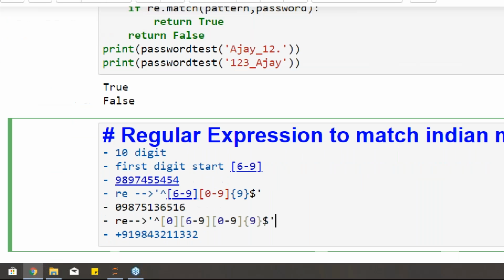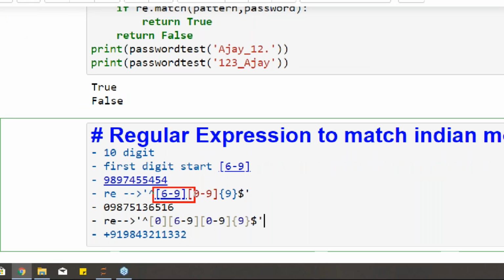If you observe, both are the same up to here. This is for the 10-digit number, right? And what is extra added here? 0, right? That's what we added here.